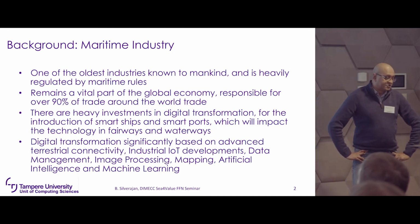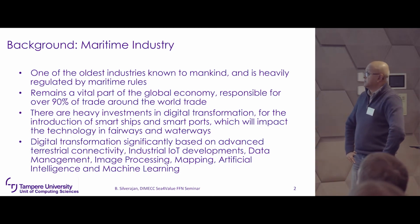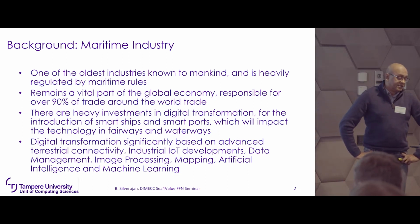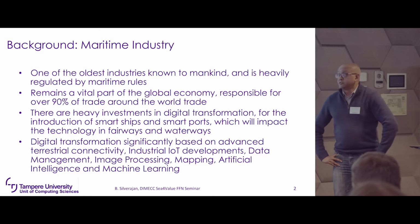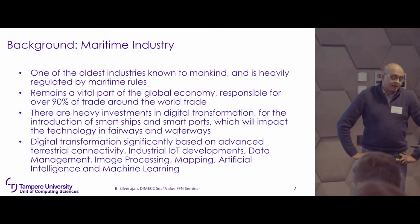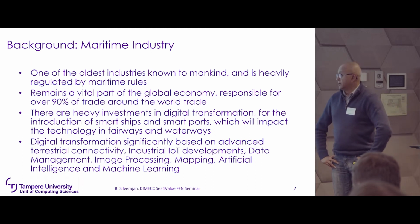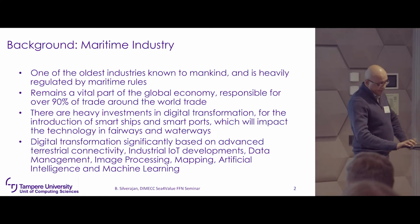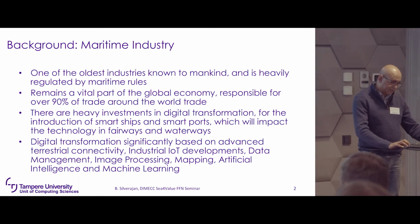Okay, but anyway, digital transformation has significantly advanced, and it's based on advances in terrestrial connectivity, industrial IoT, things like data management, image processing, mapping technologies, AI and ML. And all of these, I'd like to just show you a couple of slides to understand how they're going to impact the Fairway